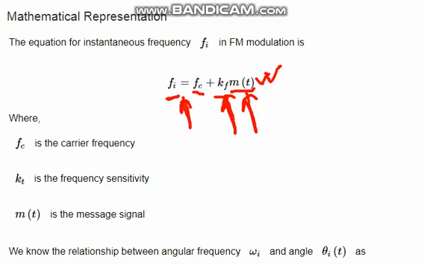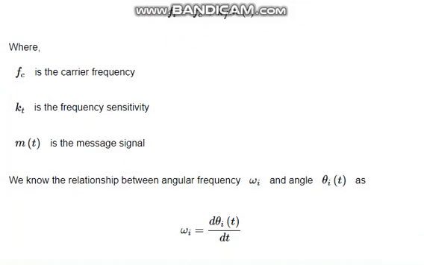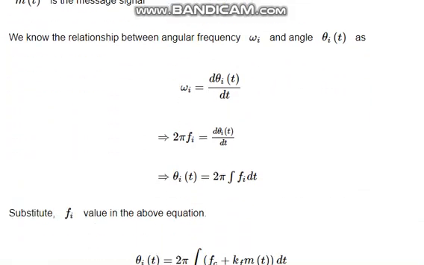So we know that in that particular section of the message signal the amplitude will not vary, but for the frequency sensitivity and carrier frequency it varies throughout the instantaneous frequency range. So we know the relationship with angular frequency. Omega means d theta by dt, so omega is equal to 2 pi fi, d theta dt, and the angle theta i will be 2 pi times the integration of fi dt. It is differentiation; if we put it here it goes through to the integration part.